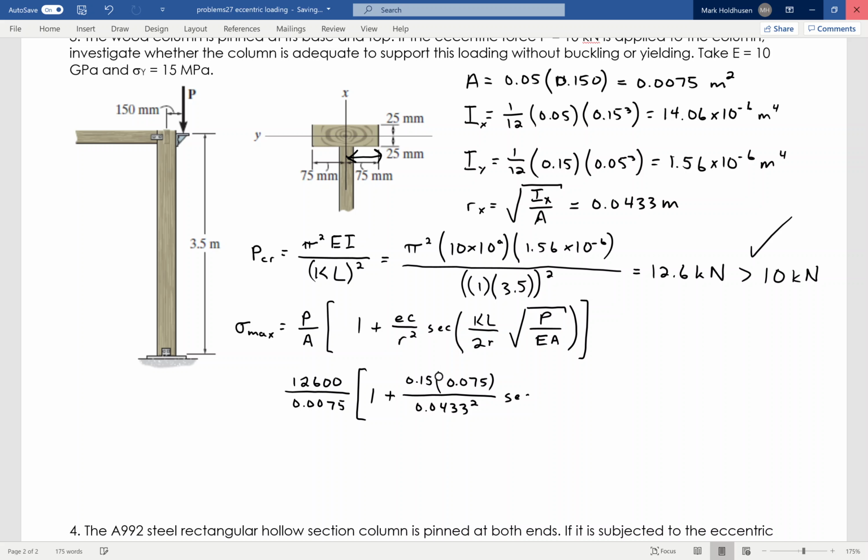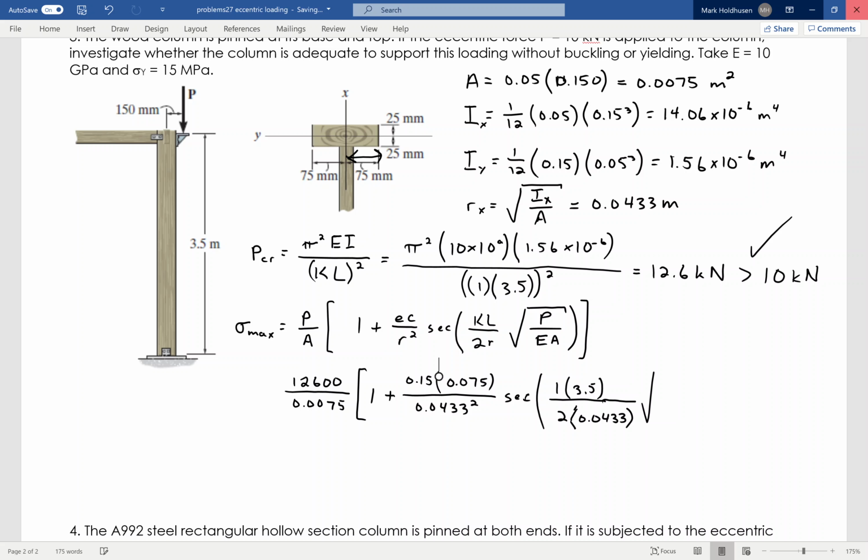Now this will be times the secant. Again, you want to remember to be in radians on this guy. Okay, and this is pinned, so it's going to be 1 times 3.5 divided by 2 times r, which is 0.0433,